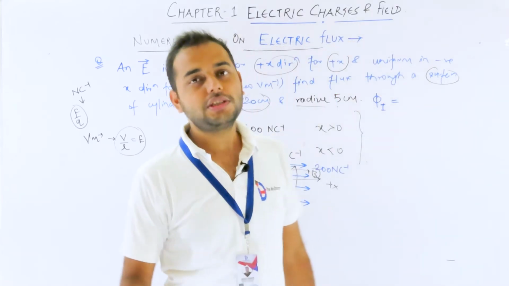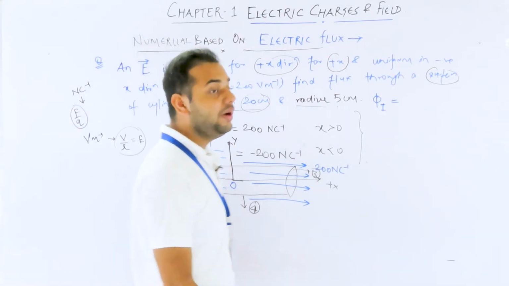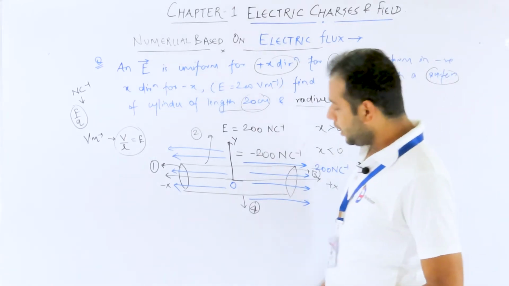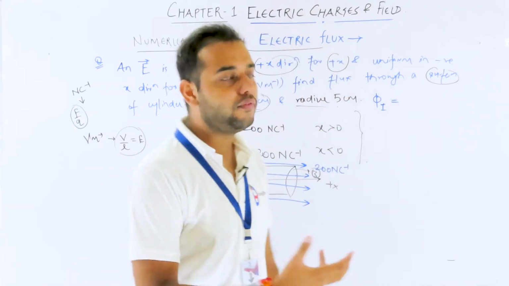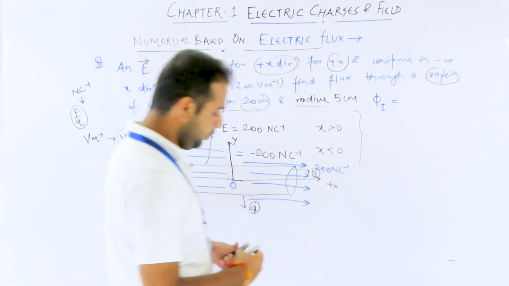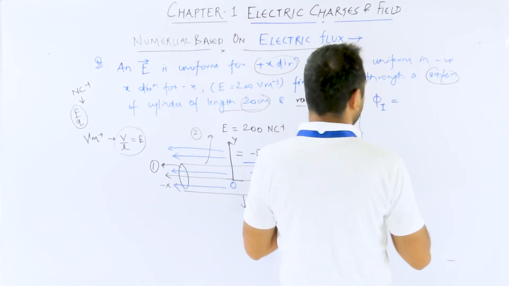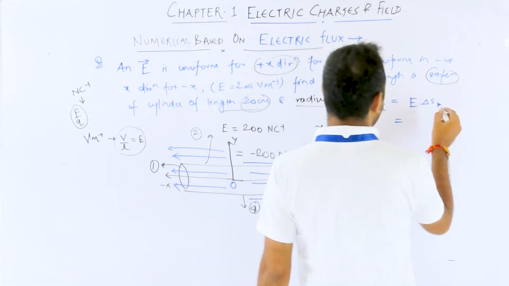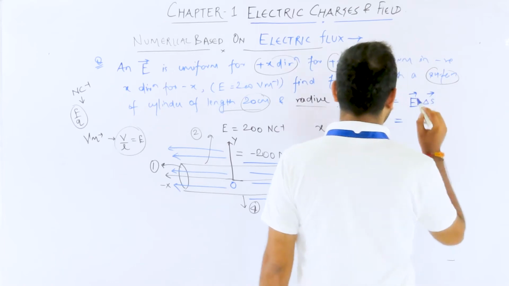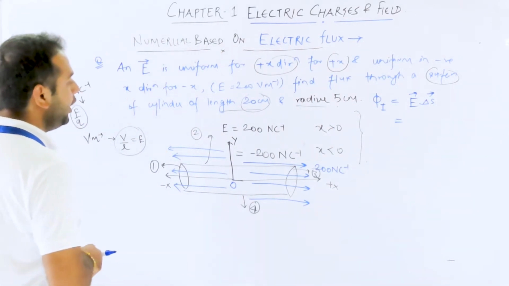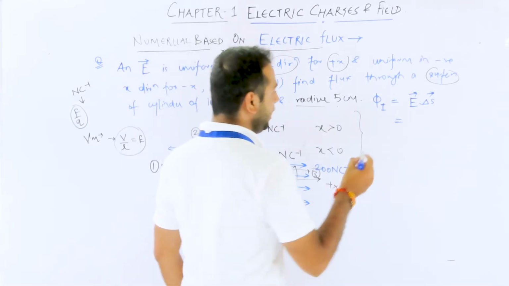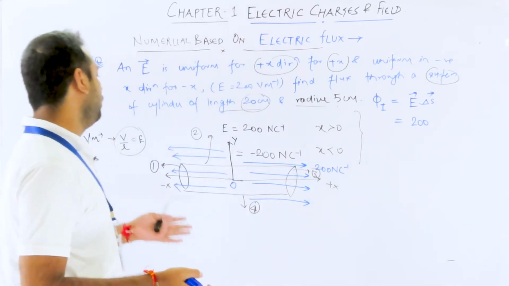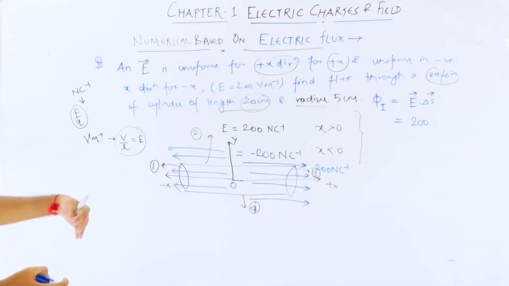So if the electric field is constant, and constant means both in magnitude as well as in direction, keep that in mind, hence we will calculate the flux with the simple formula without integration, E multiplied by the area vector. Okay, and obviously the angle between them, so I'm keeping a dot product in between. So what is the electric field here? It is 200 Newton per Coulomb in this direction. So let's say 200. Obviously negative, but we don't have to worry about the negative sign because we already take care of the direction.